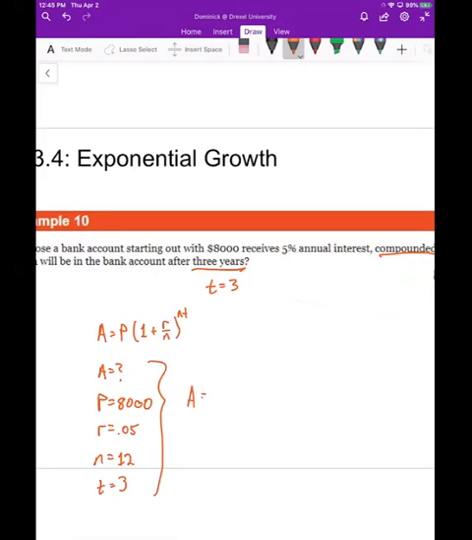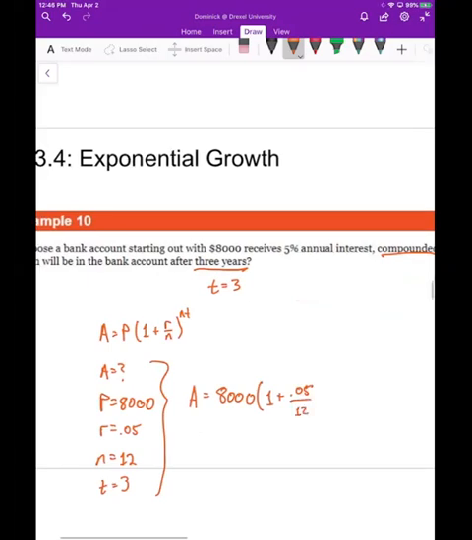So if we combine all this, we get A is equal to 8,000 times (1 plus 0.05 over 12) to the 12 times 3. If we enter this into the calculator, we do 12 times 3, or you could just do 36. And it looks like we're going to get $9,291.78. All right. So in general, it does help to have compounding happen more frequently,